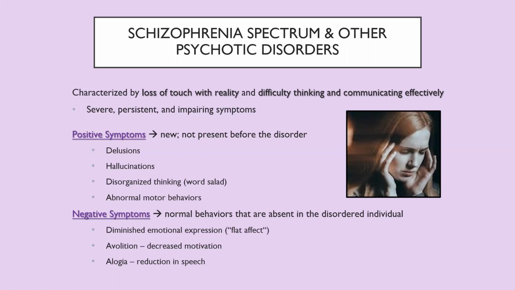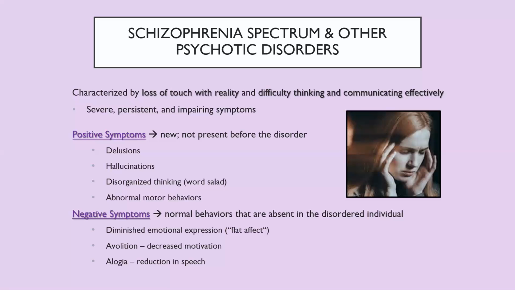They weren't present before the disorder. Versus negative symptoms, there's normal behaviors that are absent. And it's something that an individual would usually be doing, but they are no longer doing. So some examples of positive symptoms are delusions, hallucinations, disorganized thinking, and that can often come out in what's called